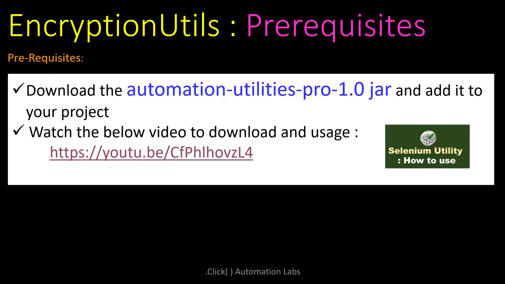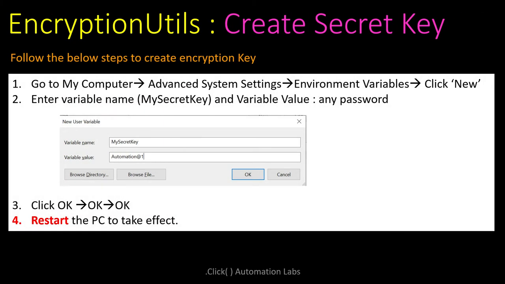Okay, so once you are ready with the prerequisites, here is the next step. First you need to create your secret key. This secret key is specific to you, and maybe you can share it within your team. And make sure that this key should not be part of your test automation project. Just to make it more secure, I excluded this from your automation project. Instead, I'm setting it in your environment variables. This is nothing but your system environment variables where you are setting your secret key.